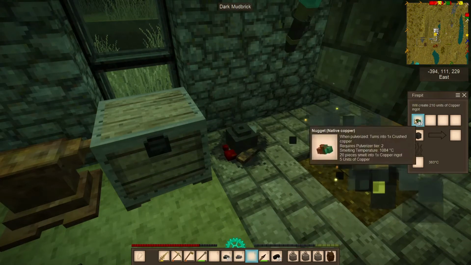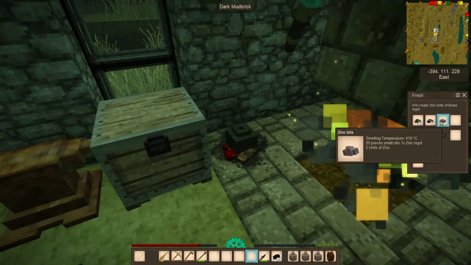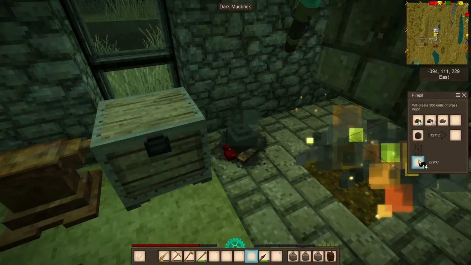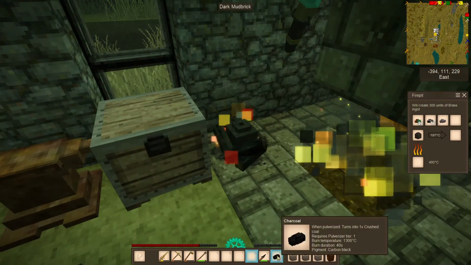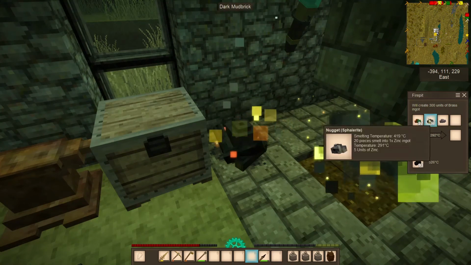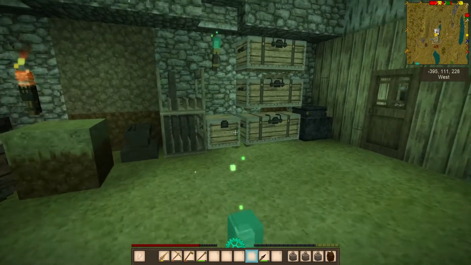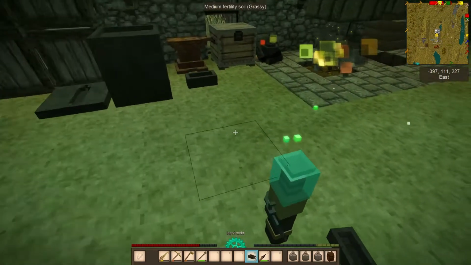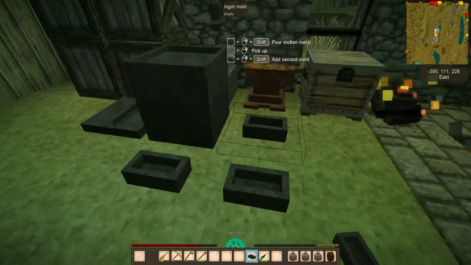Okay, so let's get our brass. No, we don't have enough really to make 8 plates. So what we're going to end up doing here is, oops, let me get those out of there. Well, it's too late now. So what we're going to end up doing here is we're just going to make 3 iron ingots, and then we'll go ahead and form them into plates that way. So I'll get this down here